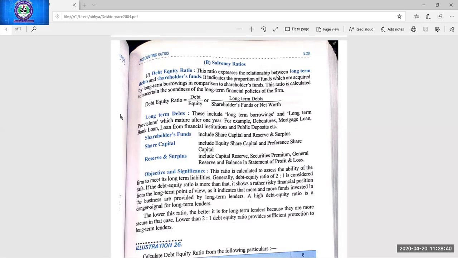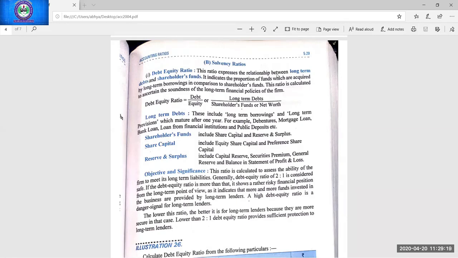3 subheads were there in equity. Which 3 subheads? Share capital, reserve and surplus, and money received against share warrants. And there also I told you that money received against share warrants will not be considered for numerical chapters. It is just a theoretical topic. So shareholder fund here means only the 2 heads: share capital plus reserve and surplus. So all these things will be given in the question. You have to just add them, and you have to find out the 2 terms: long-term borrowings or non-current liability, and shareholder fund. Then you have to put the values in the formula and find out the answer.